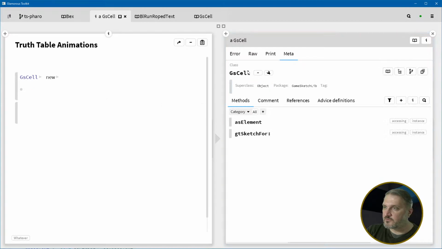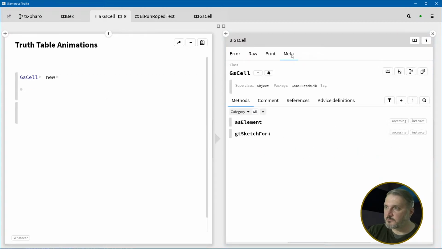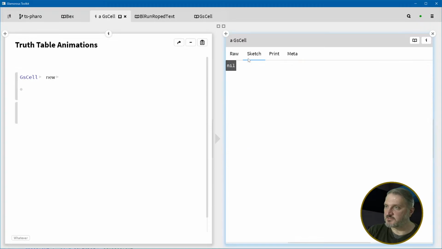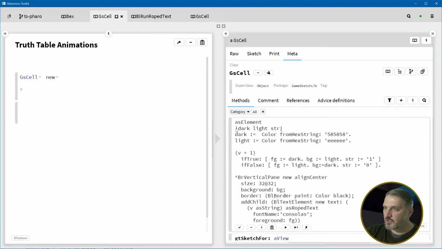So now if I render this, error, okay, not understand text. Title is the word. Now I see a sketch. It's no. Okay. But in addition to that, this element should be